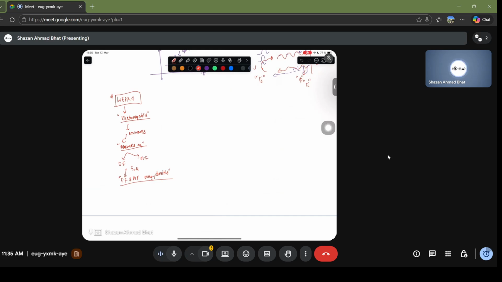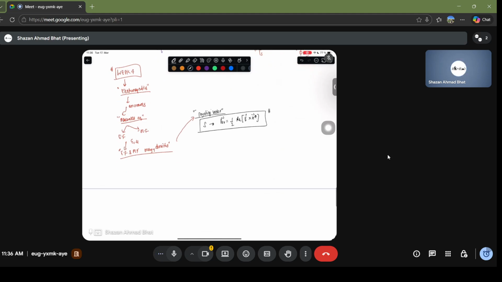And the essential concept was something called the Poynting vector, which gives you the density of electromagnetic energy flowing in the propagation direction, which you write as the average power in the electromagnetic field is half of the real part of the electric field component times the complex conjugate of the magnetic field. Okay, and